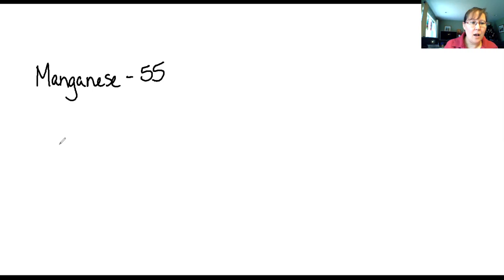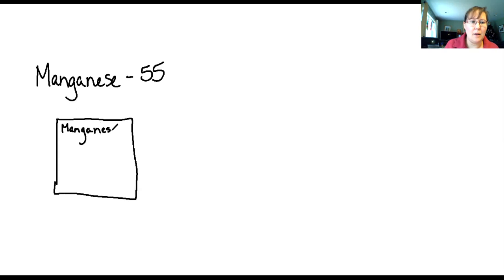Manganese I would find on my periodic table, and it is number 25. And this is what it looks like on your periodic table. It's got the word manganese up at the top in very little writing. And then it has a 25 here. And then it has an Mn here. And then it has